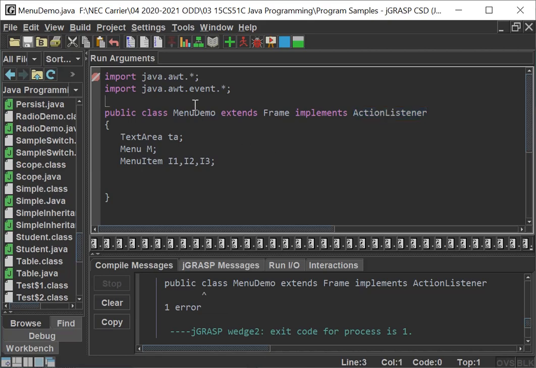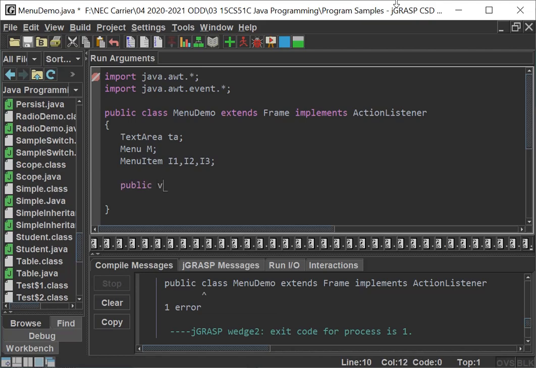In our program menu demo we implemented ActionListener, but have not yet overridden its method. So whenever we implement an interface, we must override all the abstract methods available inside that interface. We may or may not give a definition, but we must override the particular method.